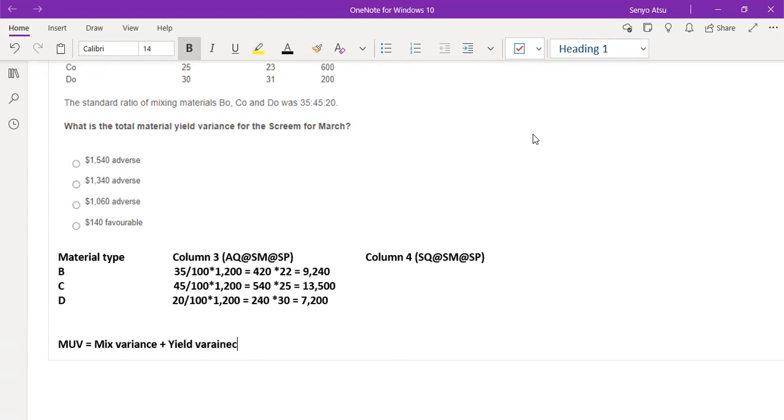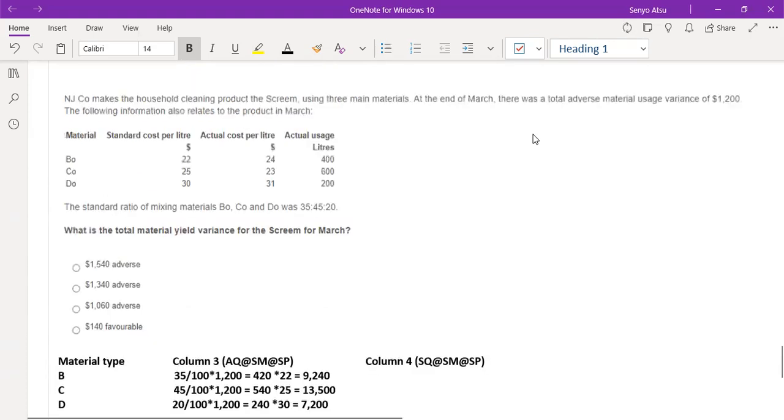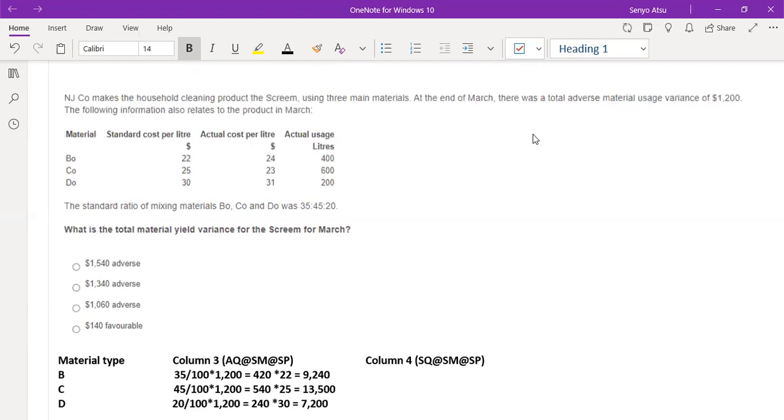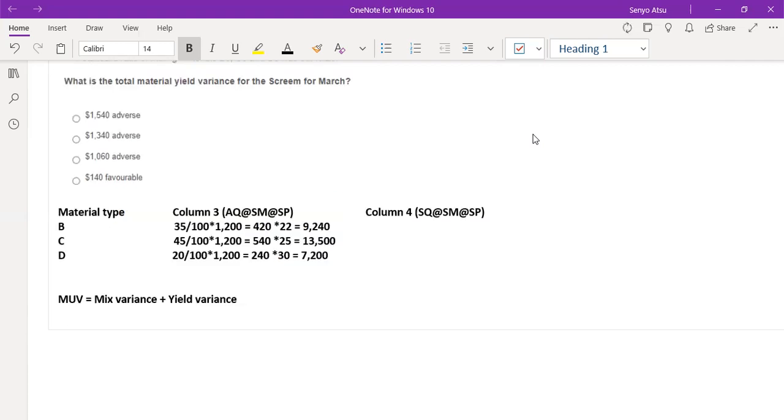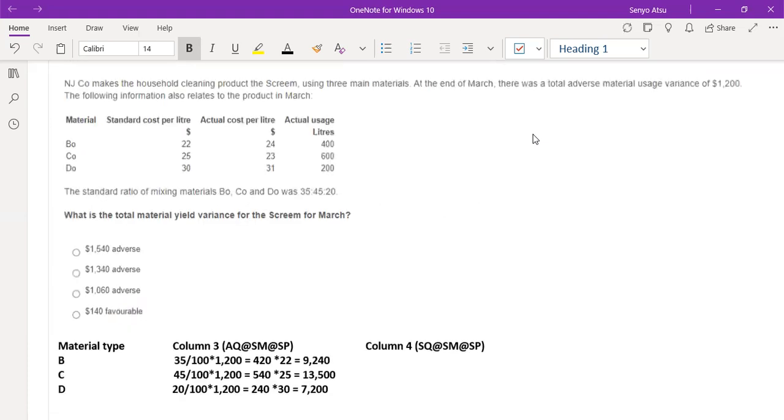That's the theory. I wanted to try something here. If the usage variance was 1,200 adverse, and I'm being asked for the yield variance,